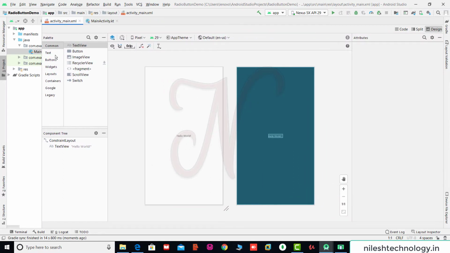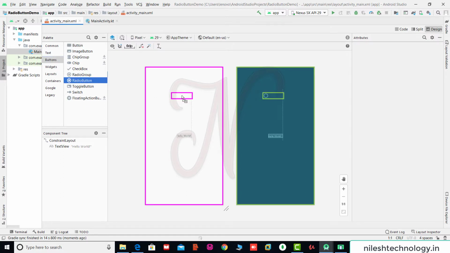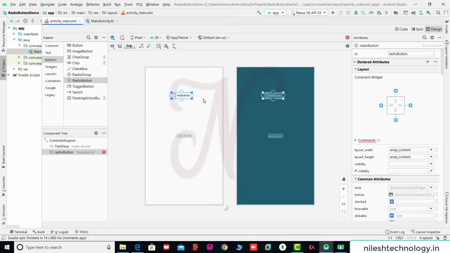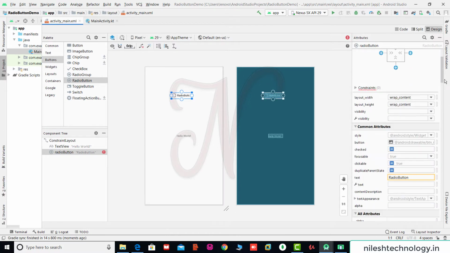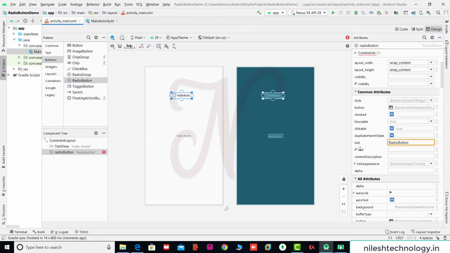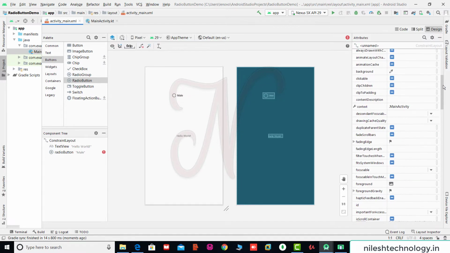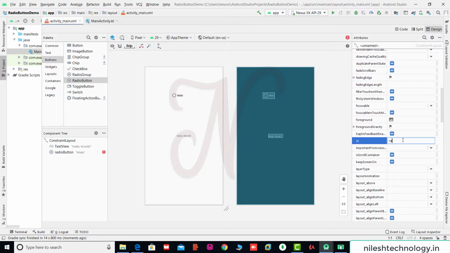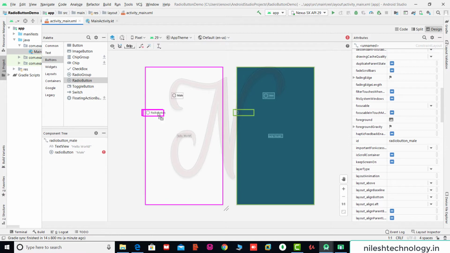Here we drag one radio button. This is your radio button. Set the text of this radio button, for example, male, and set the ID to radio button underscore male. In the same way, we drag another radio button.